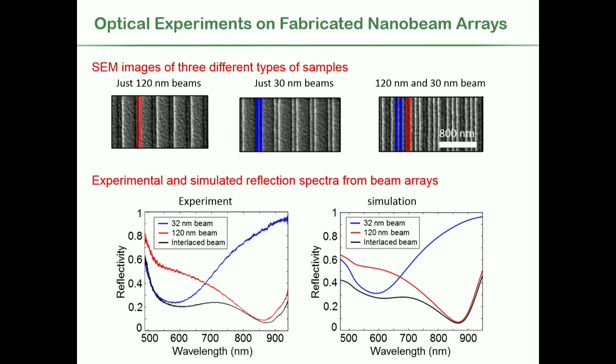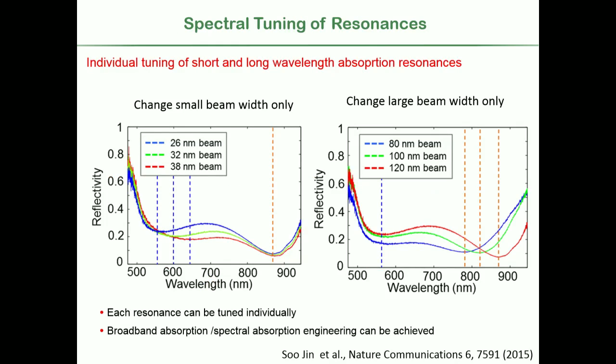So in this way, I can start artificially engineering my absorption spectrum. If you give me semiconductors based on a desirable electronic or mechanical or other property, now I can start interleaving them and tune my exact spectral properties with whatever semiconductors you like, and this may have some applications in optoelectronics. To really drive home that you can tune them individually, the absorption features are shown here, where on the left and right we look at the absorption spectra, where we just change the size of the small beam and leave the big beam the same, not moving the big resonance, and here we just tune the size of the biggest